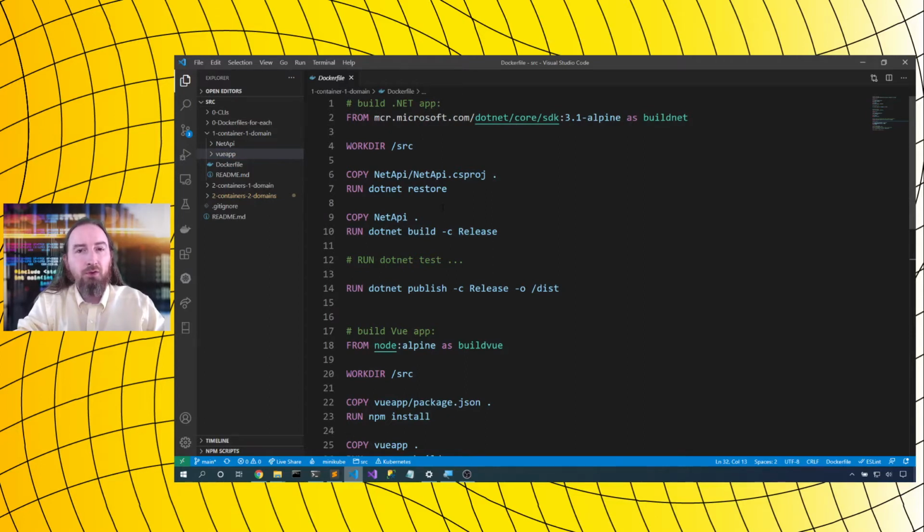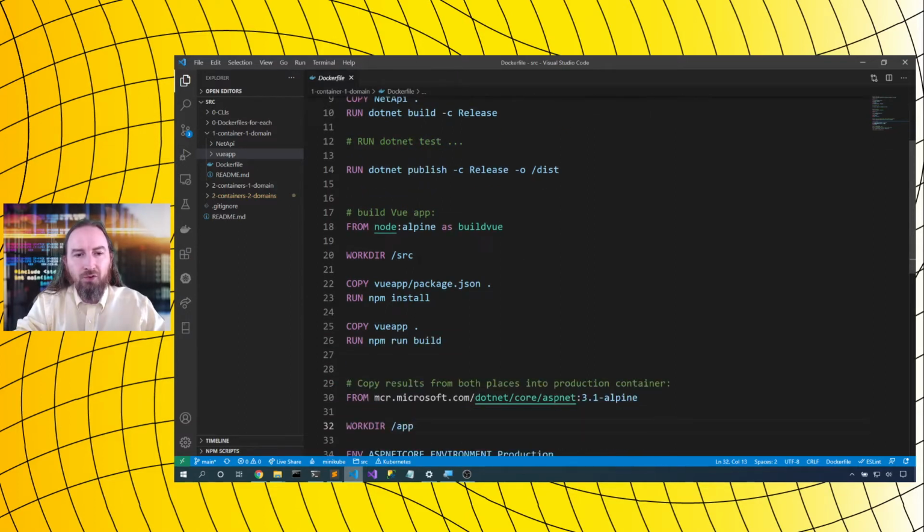We'll build only one container, so one Docker file is sufficient. We'll start off building the .NET container. Now, this does exactly the same things that we did when we built the .NET container in our original example. Then we'll also grab our Vue content and install that into place. We'll run npm run build, and now we have a dist folder with our backend and a build folder with